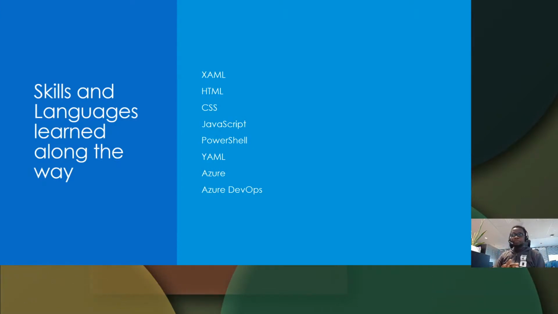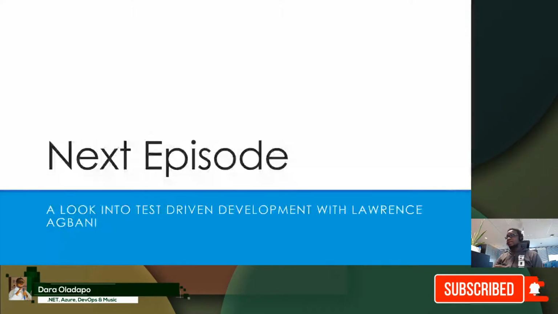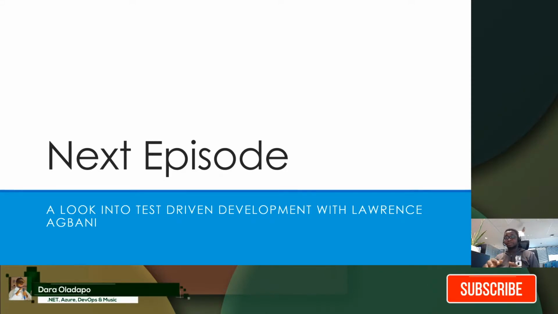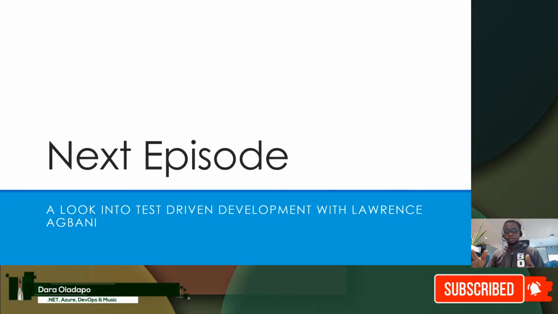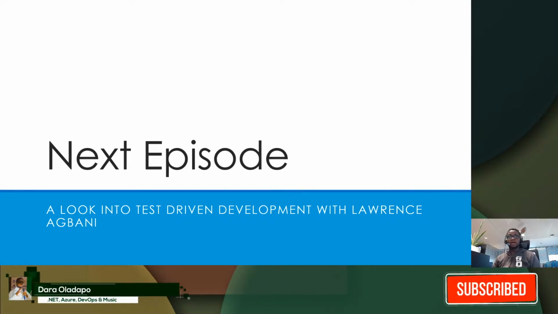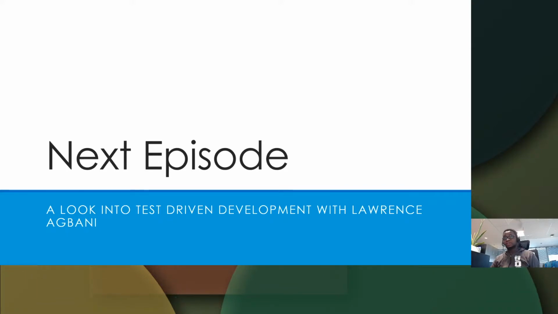So that is it for this week, basically. On next week's episode, I interviewed a friend called Lawrence. He's been one of my friends for a pretty long time, about 7 years now. He started this concept called test driven development, where he writes tests for his code. I just thought it would be nice to have him come on the show to talk to us. So next week, that is what we'll be having. I'll be having Lawrence with me.